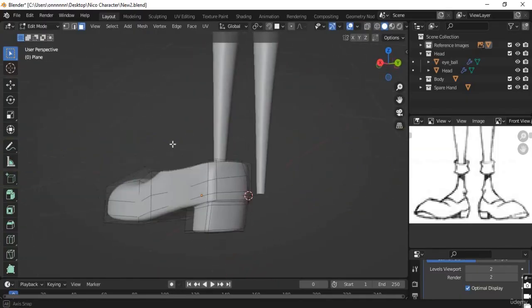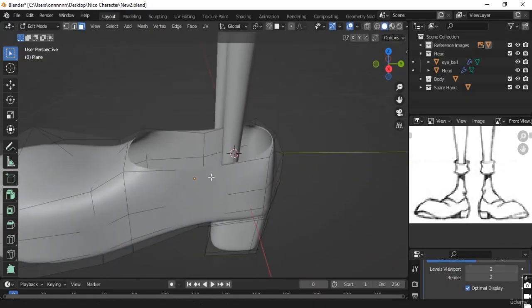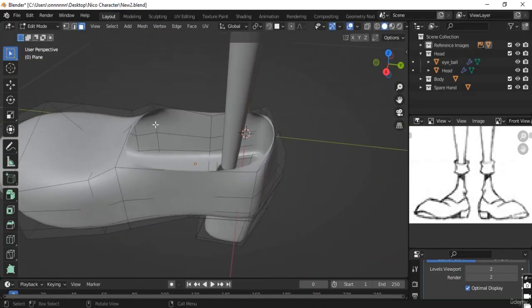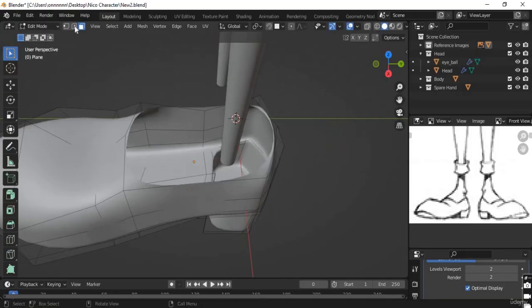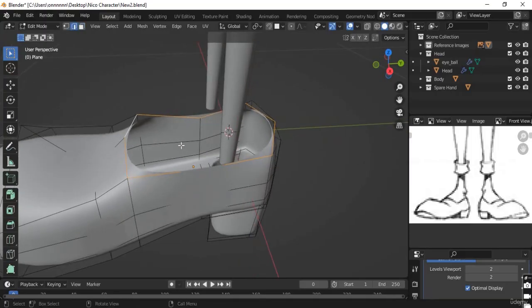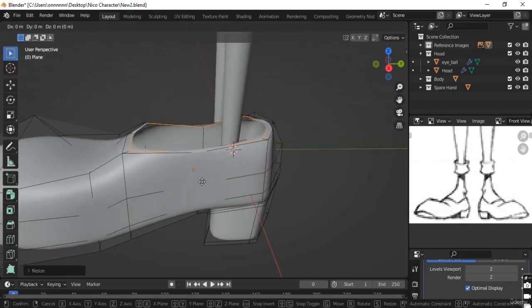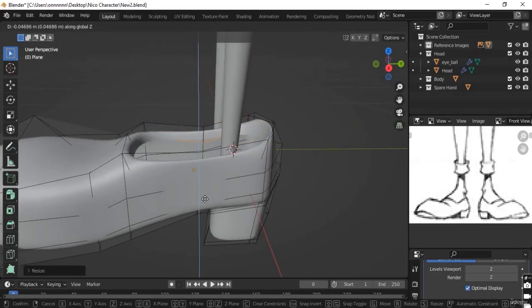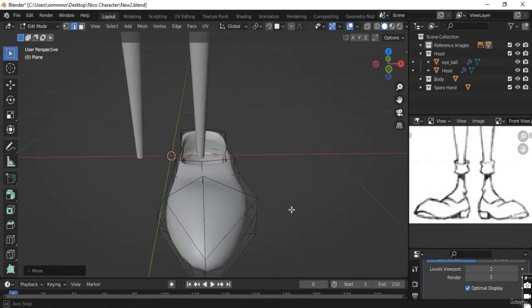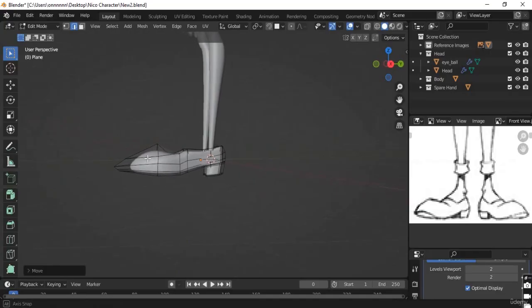So we have an opening of the shoe, and I'm going to select the edges around here, and I'm gonna extrude and scale it in, and then push it down like so. So this is where the leg is going to fit in for the shoe. Okay,